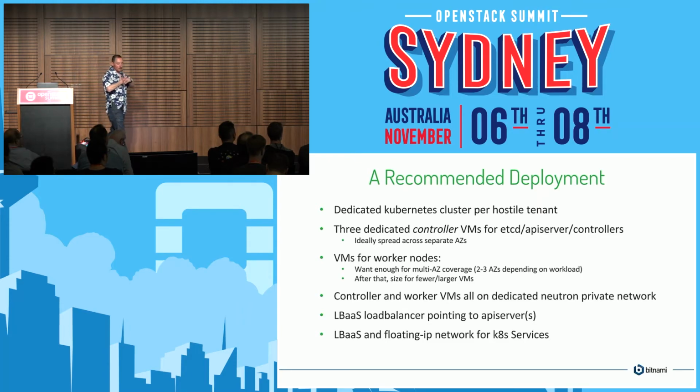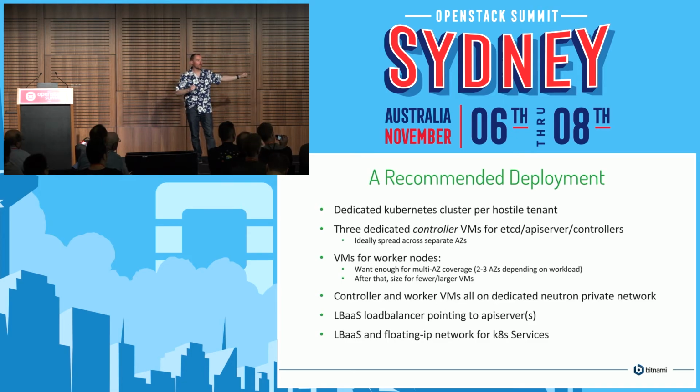So here's what a deployment looks like. Kubernetes, as we've said, doesn't have a strong multi-tenant story. So I would recommend doing what GKE does and have one Kubernetes cluster per hostile tenant, right? So if you're a private cloud case and you want separation just for administrative reasons, but you're not really concerned about actually trying to exploit each other, then by all means, one cluster, give everyone a different namespace, everything will